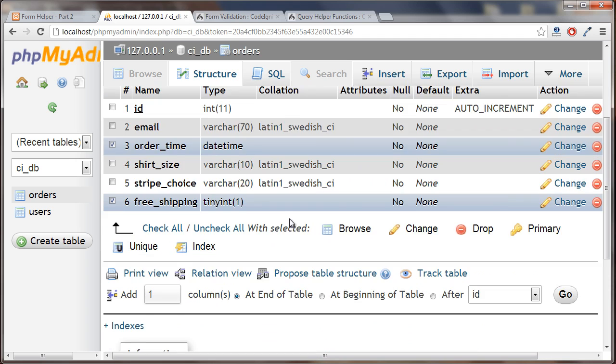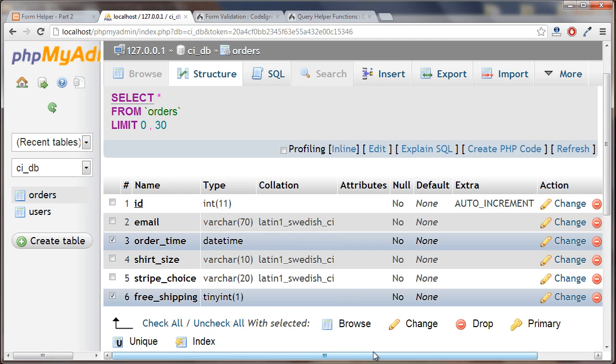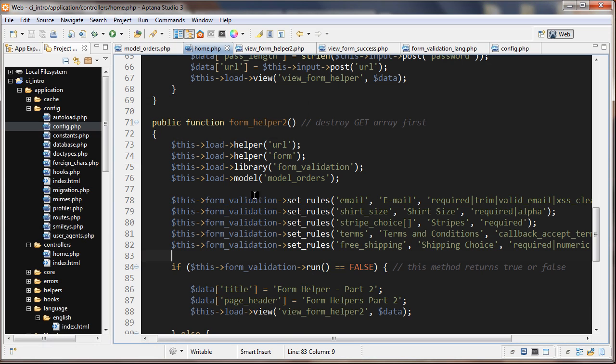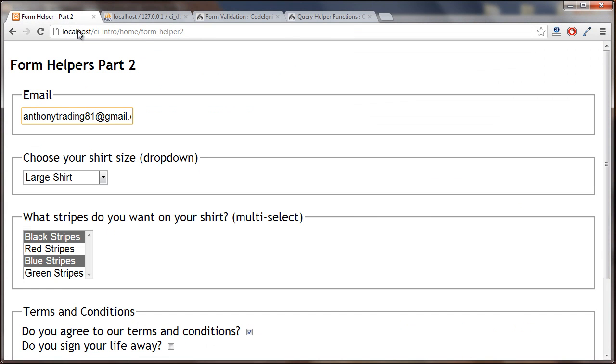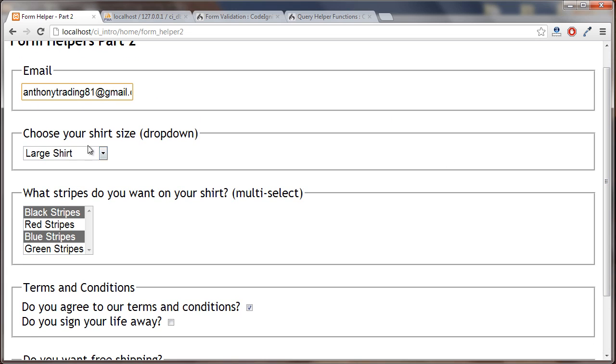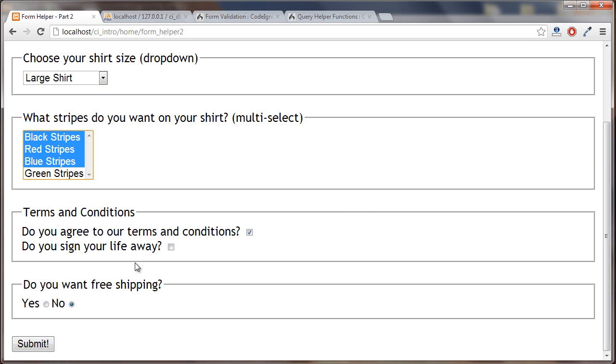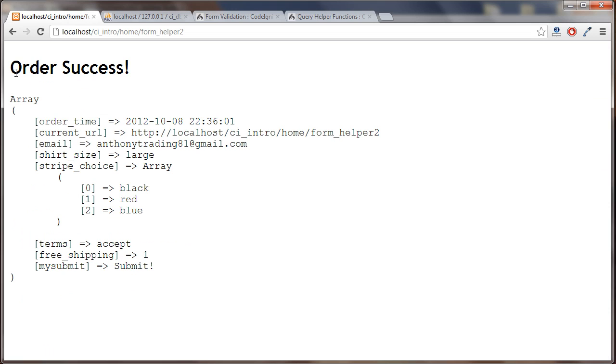And right now I believe we don't have anything in our database here, so we can run our form and we can do an insertion and just make sure that's working. So I'm going to go over to the form. Let's refresh here, and I'll put my email in there, or else that's not going to validate. And choose some options here, and let's submit. Okay, so we get this order success message upon successful insertion into the database, and we're also